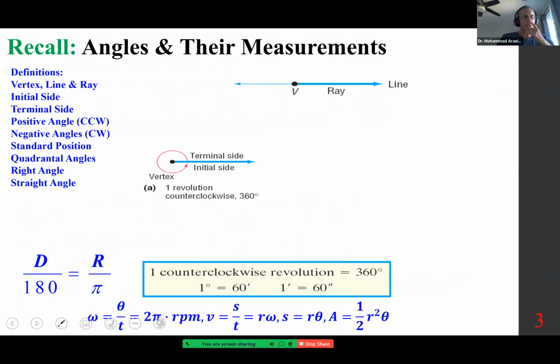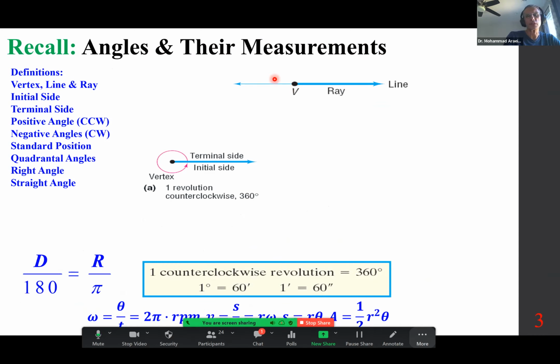So first, quickly, what we covered was a vertex, line, and ray. This is a vertex, this is a line, and a half line becomes a ray in essence. The terminal side, the positive or counterclockwise, negative or clockwise, standard position, quadrantal angles, right angle, straight angle, all of the above. And so what I want to add here,